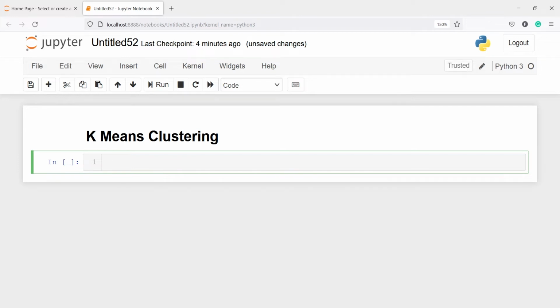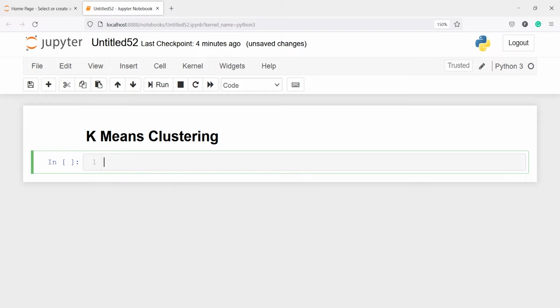In this video, you will learn about clustering algorithm in PySpark. Clustering is the task of dividing the data points into a number of groups such that data points in the same groups are similar to each other within groups and dissimilar between groups.